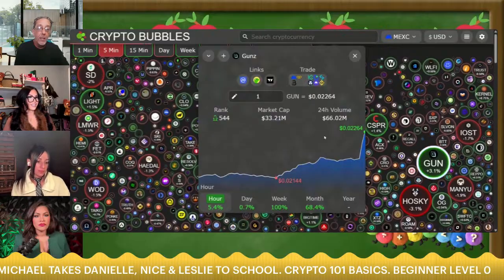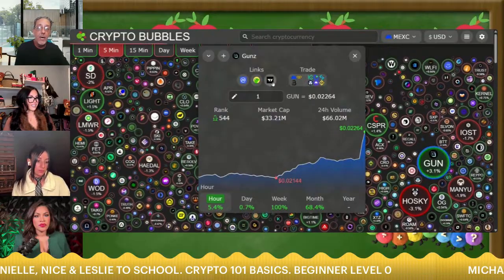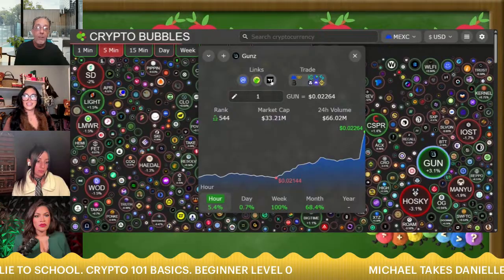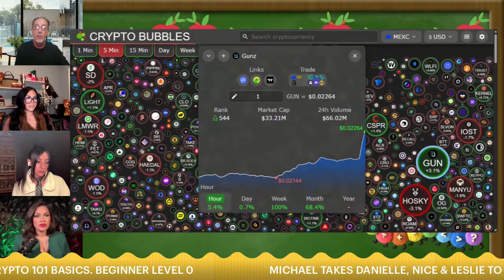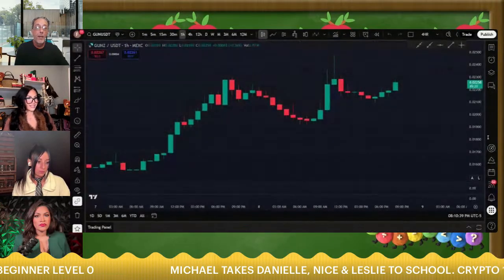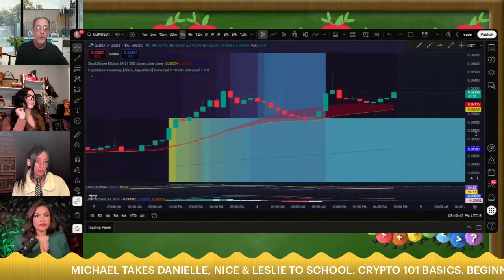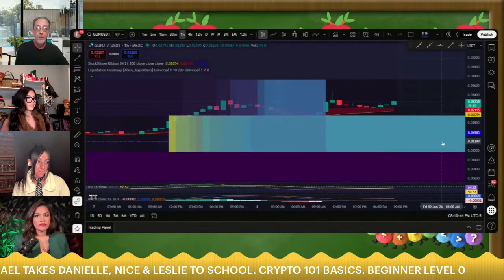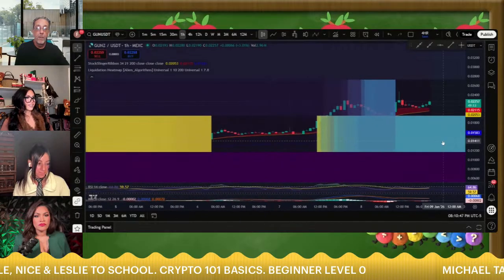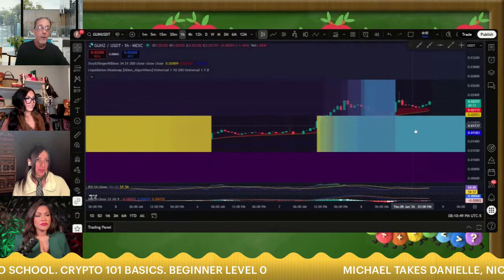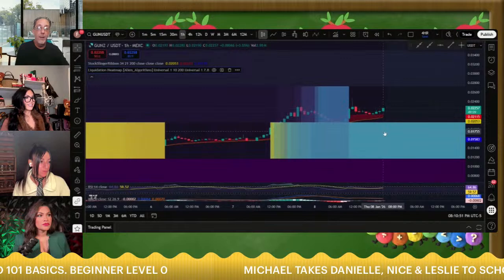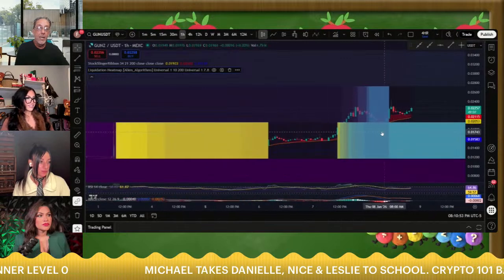So I'm going to click on that. It'll show me this. And then here's Trading View. You can just click on Trading View and it'll pull it up in Trading View, and you'll see the chart right here. Wow. Right? And you see this thing's moving, and there's liquidity building up underneath of it. And this is a 1 hour chart.